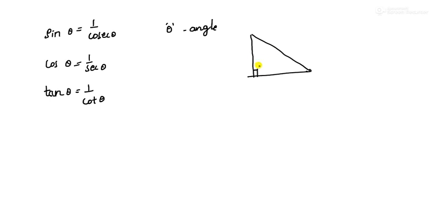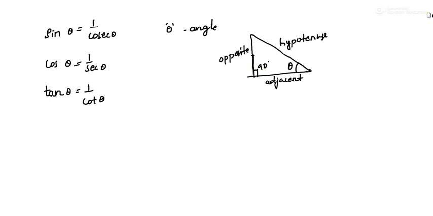And you all know that the side opposite to the right angle, that is 90 degree, is called the hypotenuse, right? And if I take an angle over here, this will be called theta, and the side opposite to this is called the opposite side. Remember them. And the remaining side is called the adjacent one. It is adjacent to this angle theta, so therefore it is called the adjacent side. All this we have seen in our previous video.